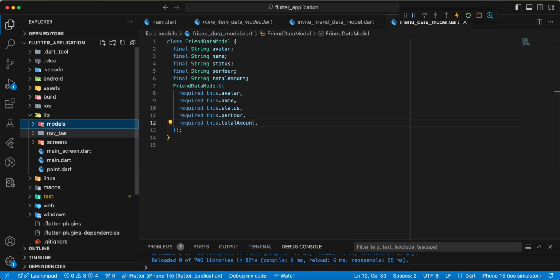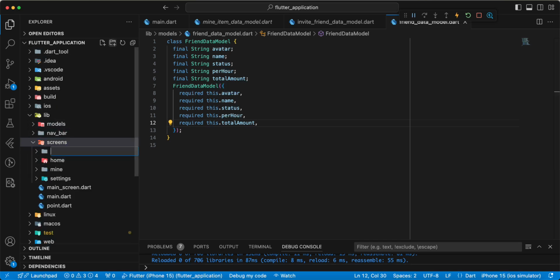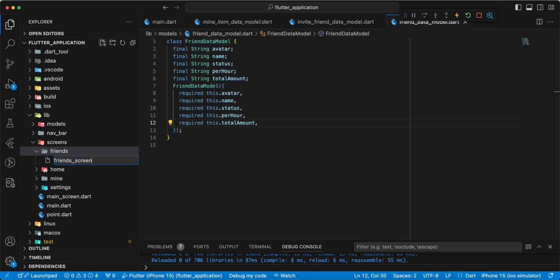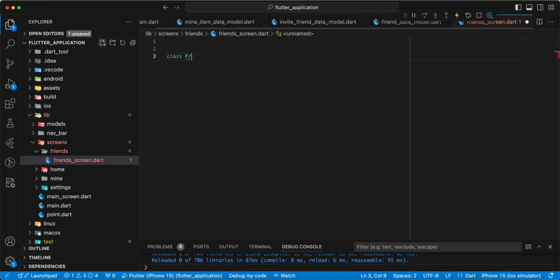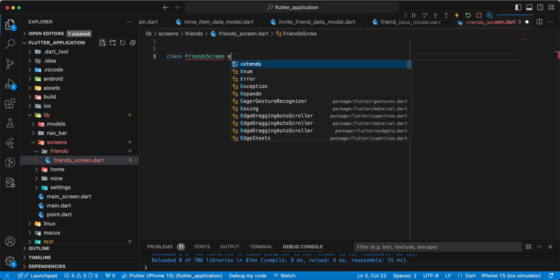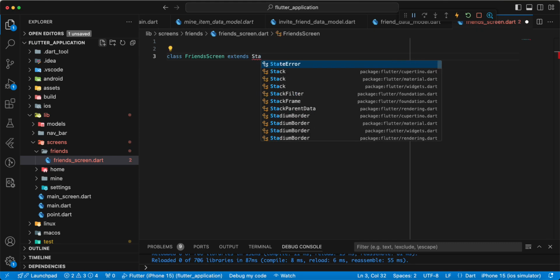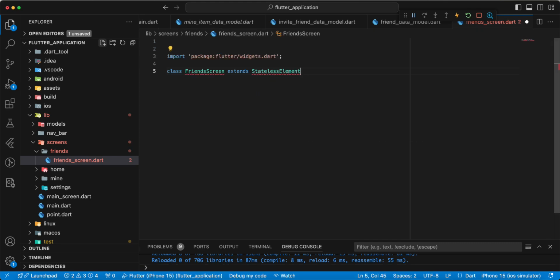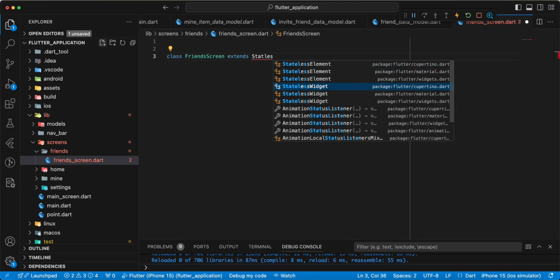Save. Then we open screens and add folder friends, and we add file friends_screen.dart, create class FriendsScreen extends StatelessWidget,